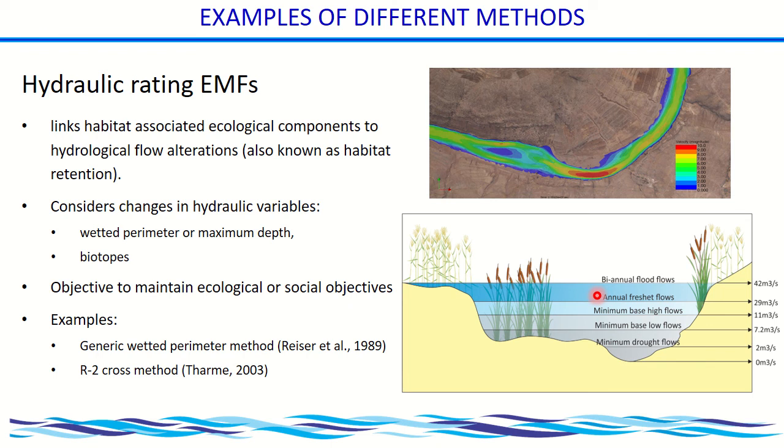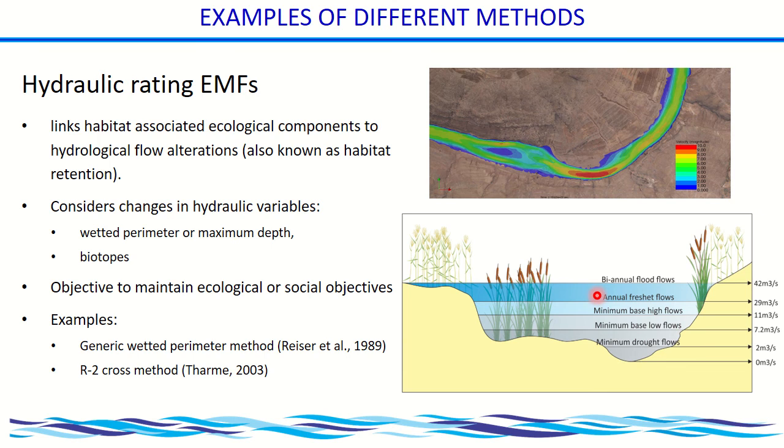So what do we do here? Here, we make that link between the flow in the environment and habitat availability. So we're looking at what is the habitat, and you can see the map on the top there. So I'm looking at the river itself now, and the part of the river itself. You can also consider this cross-section to know, in terms of the different flow variability, how much water is available inside the river, and what are the habitat characteristics inside the river that is provided by these different flows.